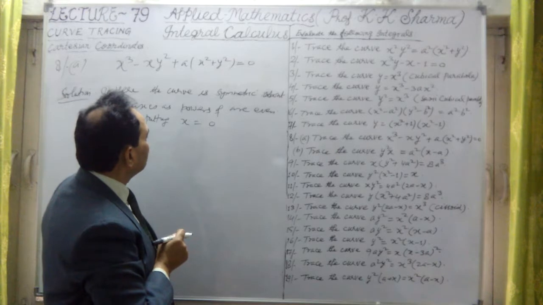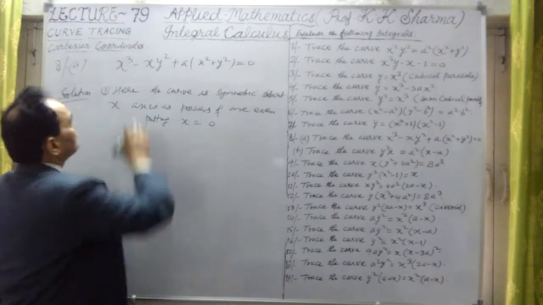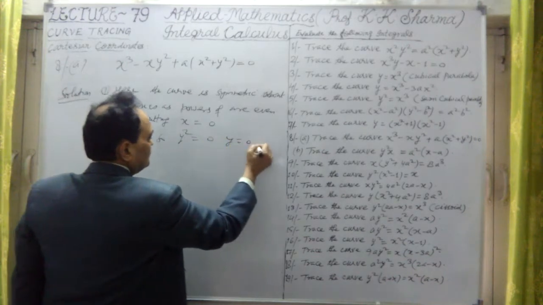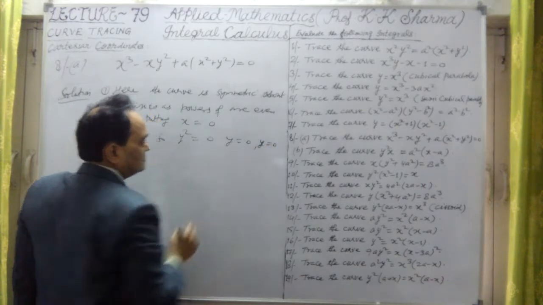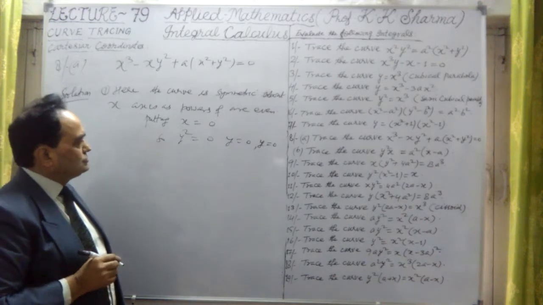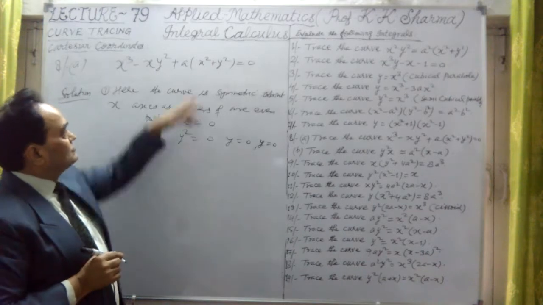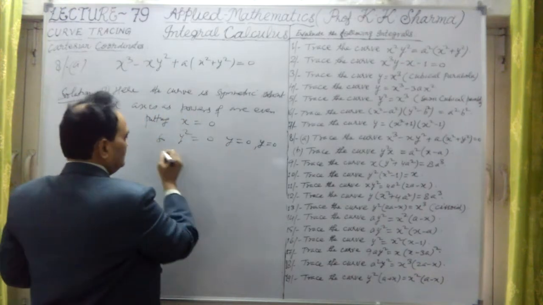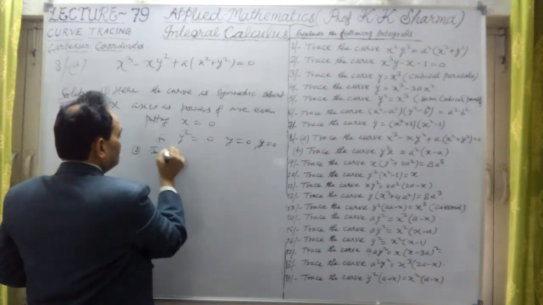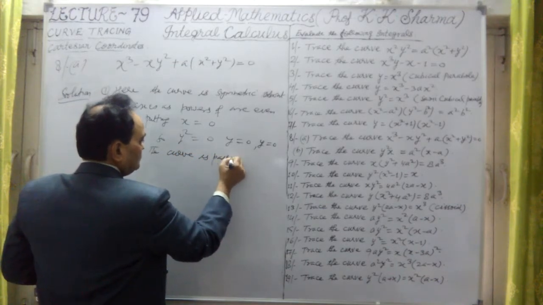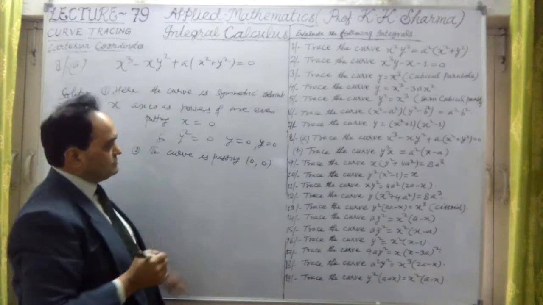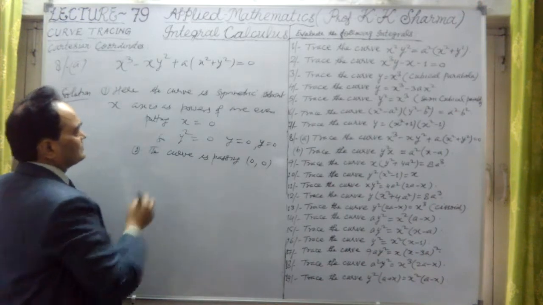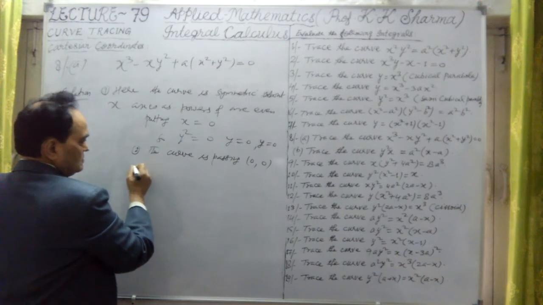Or if we put y equal to 0, because it is symmetric to the x-axis, putting x equal to 0, we obtain 0, 0. So y square equal to 0, y equal to 0 and y equal to 0. So these are two tangents here, y equal to 0 and 0. So 0, 0 lies on the given curve, because there is no independent constant term. The curve is passing through 0, 0. The origin is lying on the given curve. One thing. Now, if I shift to 0, 0, and equate the smallest terms, equating